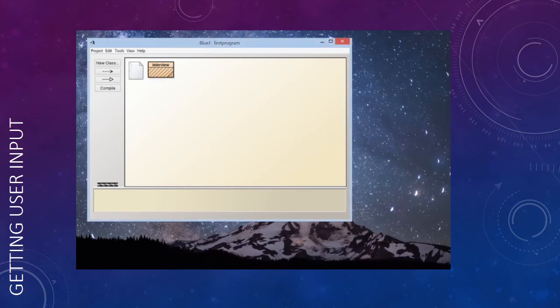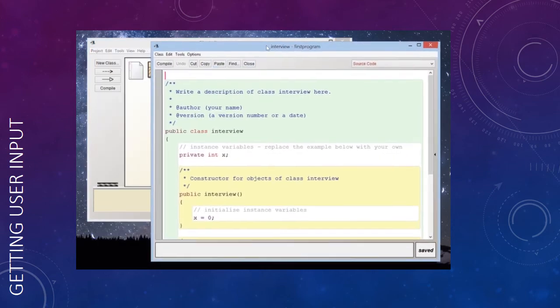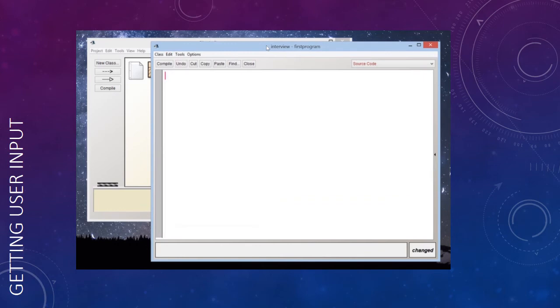I'm calling this class Interview. Let's go ahead and open it up. As soon as it's open, I realize that all this stuff I want to get rid of, so I select it all and I delete it. And let's go ahead and start with the public class Interview. Open braces. And inside of here, let's go ahead and type our main method, our only method, public static void main, M-A-I-N, open parentheses, S-T-R-I-N-G,